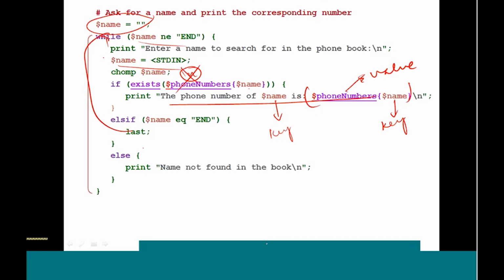But if it is not end and if the name is not found, which is when exists returns a false value or a 0, then it goes all the way to this else condition, and then we just print out saying that the name is not found. Here you can do some more additional tricks, and maybe you can also say that, hey, if it is not found, do you want to add